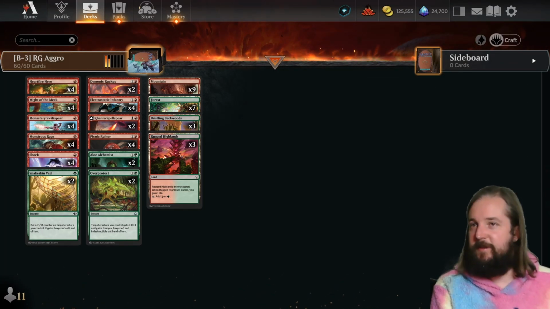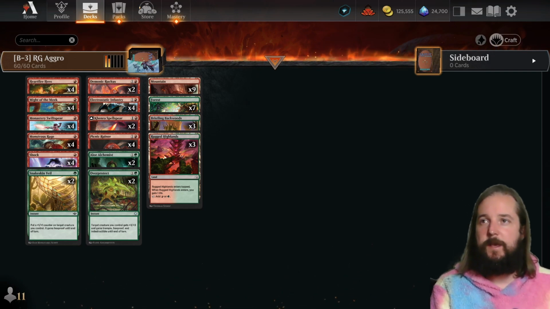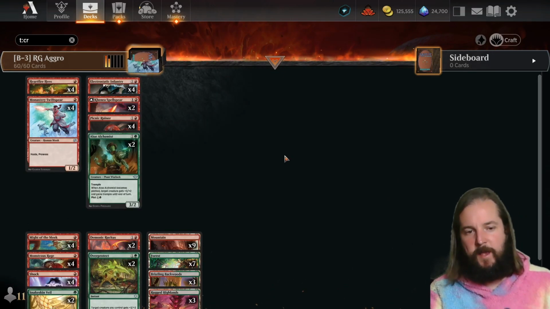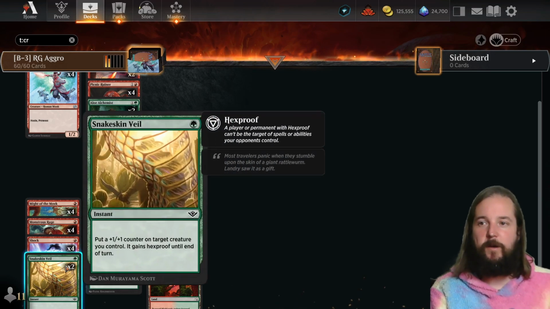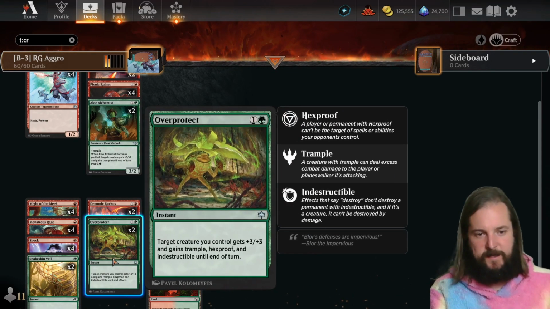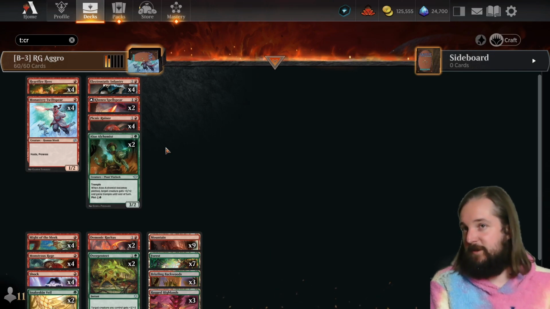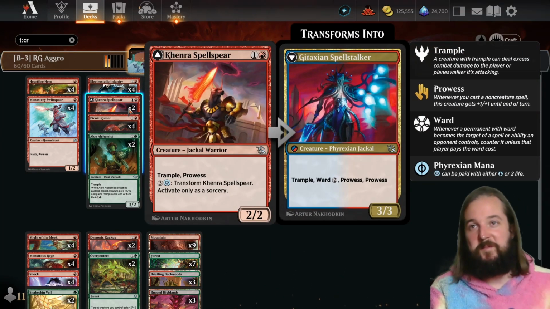All right, third up on the list here is the budget Gruul or red-green aggro deck. I like this one for the mono red build as far as budget goes, because I think it has the most power coming off of the Snakeskin Veil and the Overprotect, if you're not going to be running the Slickshot Show-Off, because the budget version of the Slickshot Show-Off is the Picnic Ruiner and maybe arguably the Kenrith's Spell Spear,